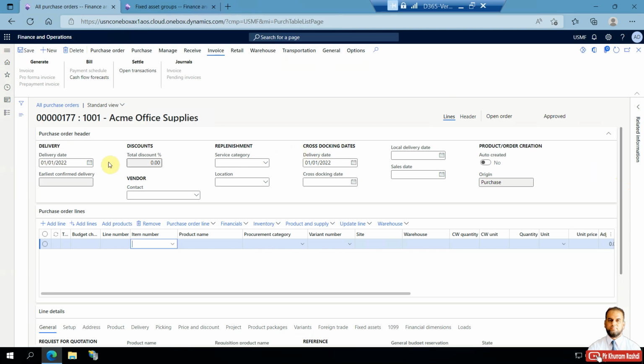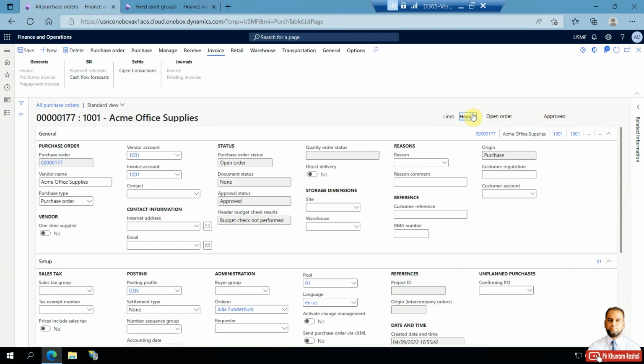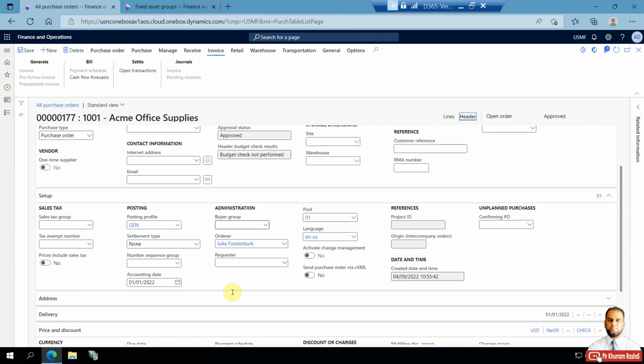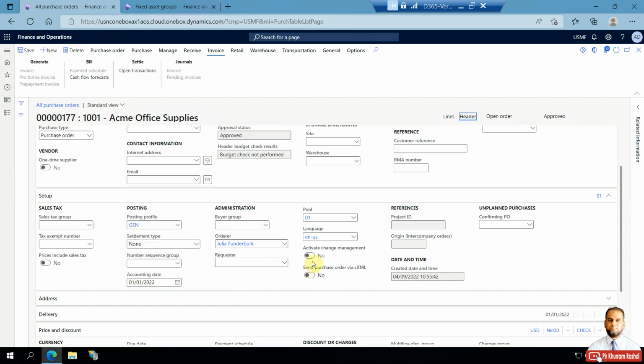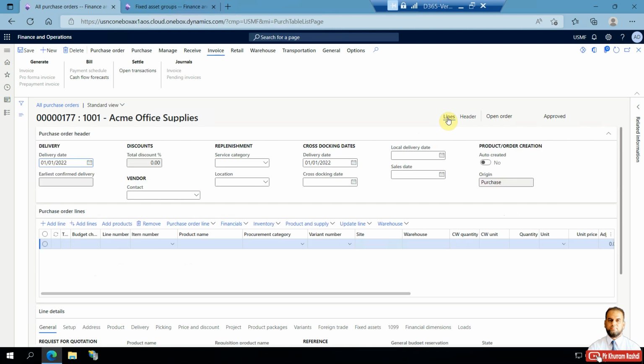Okay, so the delivery date and accounting date on the header level, you can see it is 1st January 2022, and go to the lines here, and in the lines I will